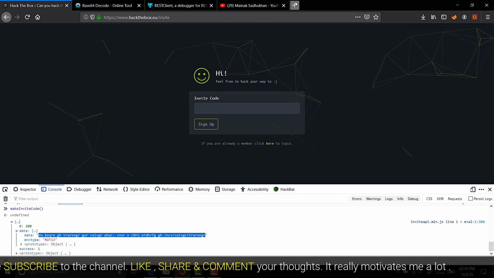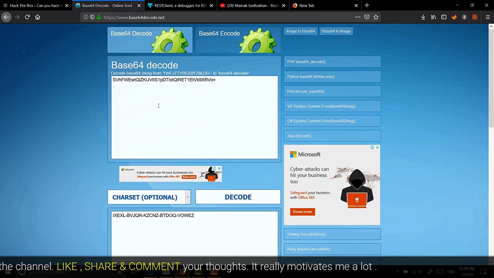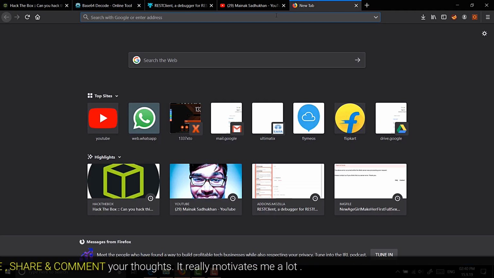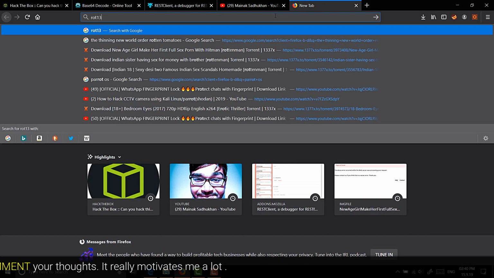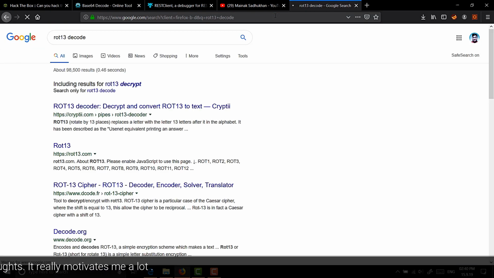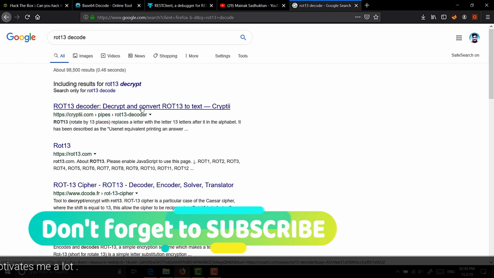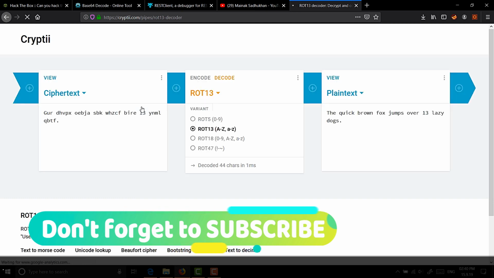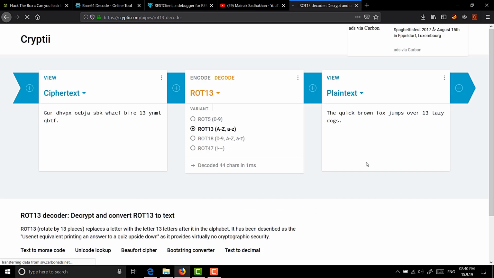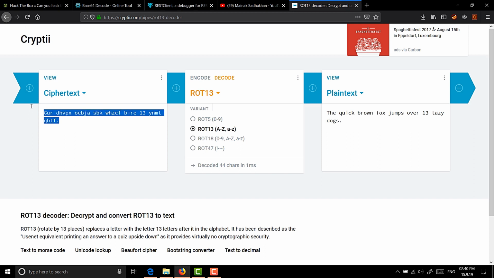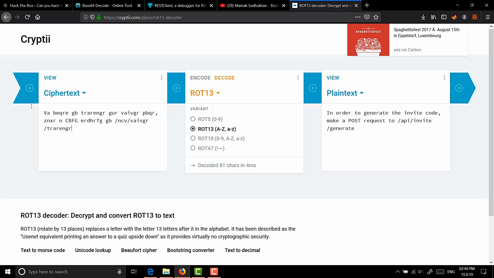and we will go to some kind of decoding tool. I don't think this is it. Okay, ROT13 decode. Okay, you can go to any website, anything will be there. So here is the ciphertext. We'll paste the data, that is the ciphertext, and here it is. We have successfully decoded the ciphertext to plain text, and so basically this is a message which has been encoded